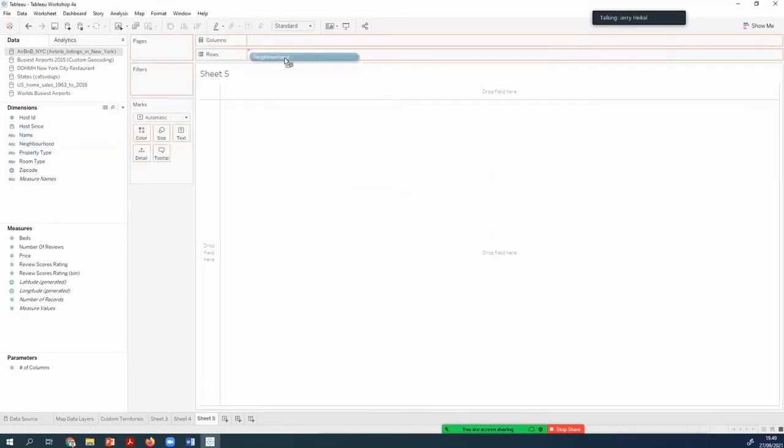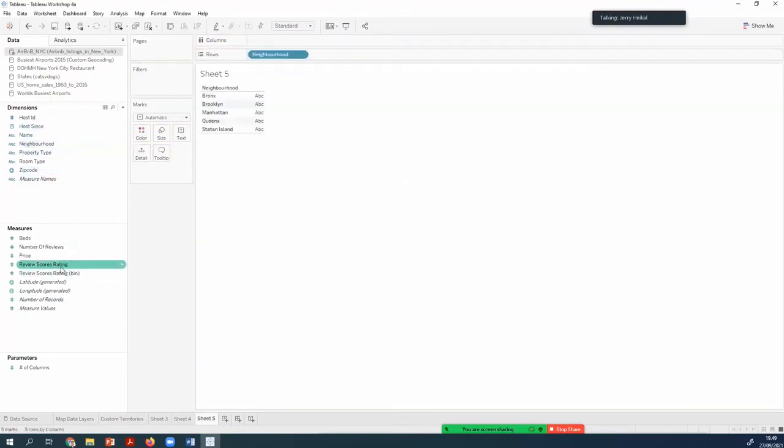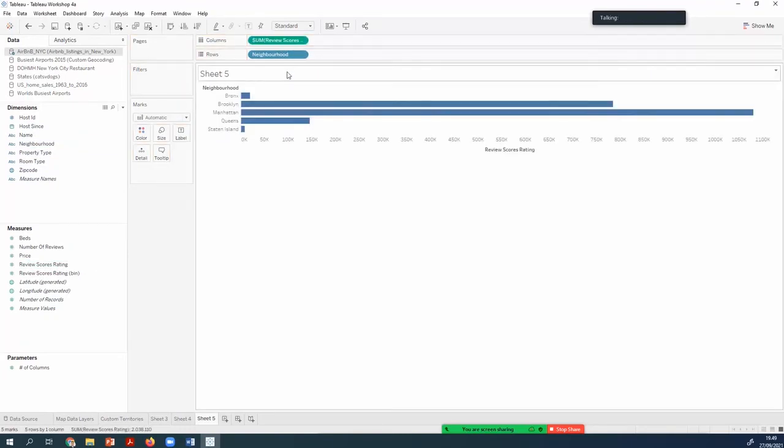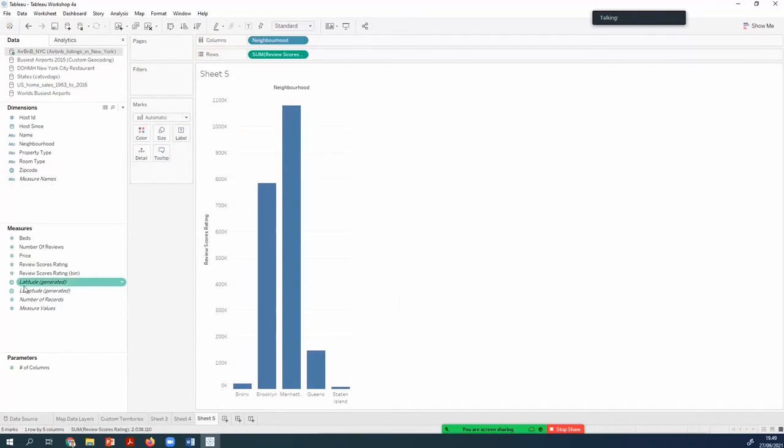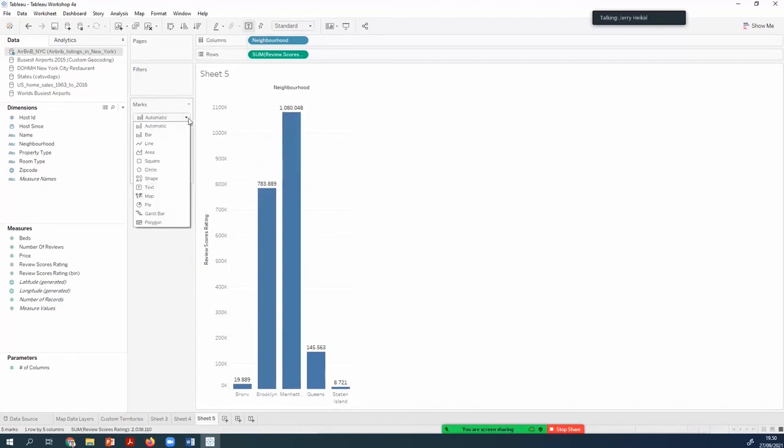Neighborhood, and then the score ratings. You can flip it, and then the score ratings go to the label. Okay, high score here, and then you can also change the